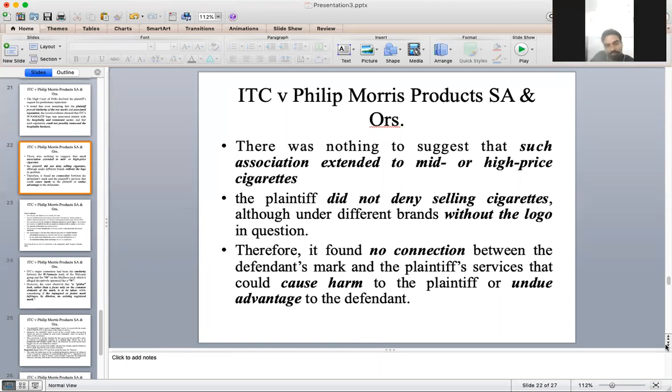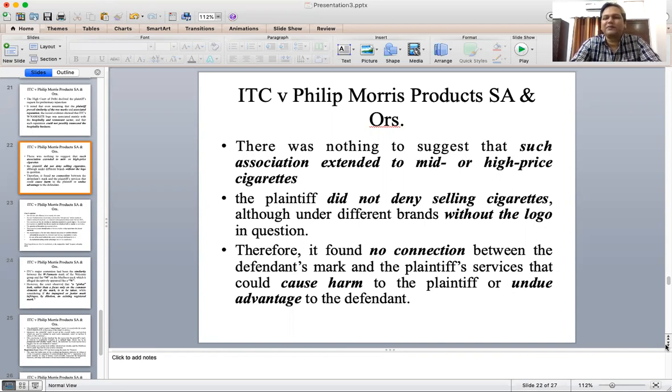As you know, in cases of well-known trademarks and dilution, you have to prove a connection, that the people using the other mark are making some sort of association with the previous one. If they are not able to do so, then there is no question of any dilution or impairment of the well-known trademark. So you have to inquire and examine whether that connection was available, because that is a factual matter.